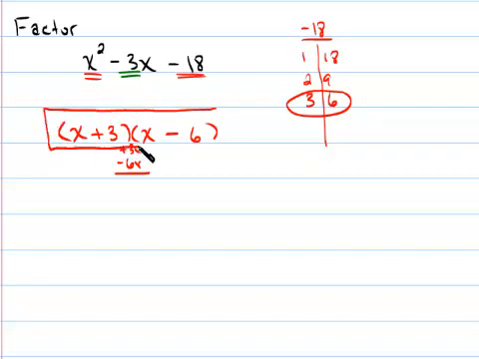So recall, in summary, when the last term is negative, the signs are opposite, and the larger number retains the sign of the middle term. When the last number is positive, the signs are the same, and they're both going to be whatever the middle sign is. We're going to factor